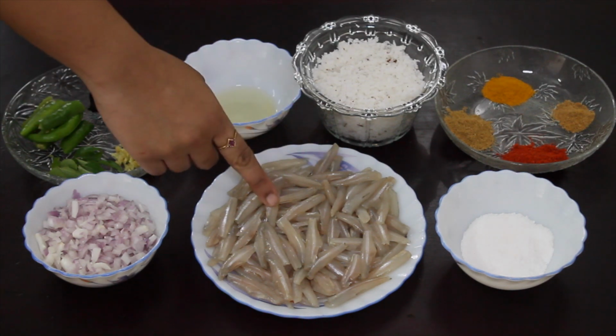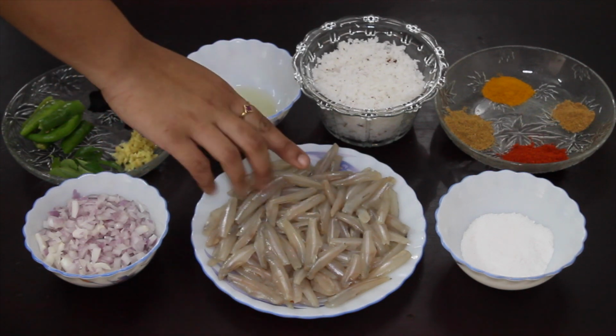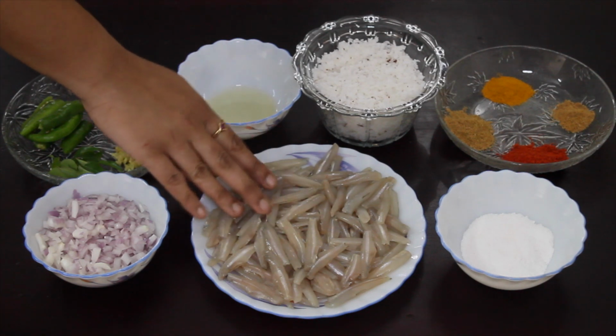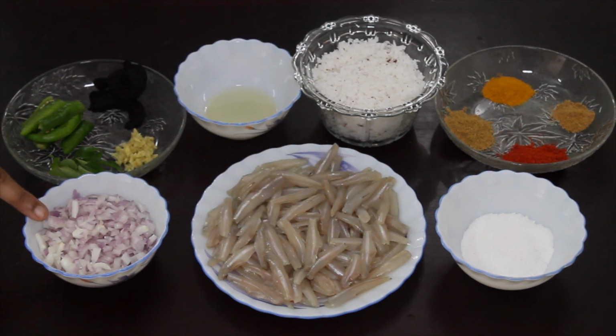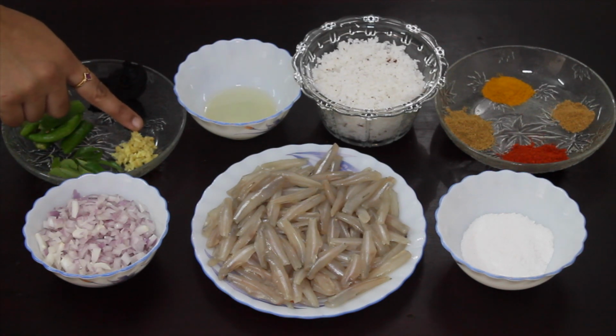We'll need quarter kilo of Kozhuva or Netholi or Podimeen. It's best to use small fish for this recipe. So I've cleaned and washed the fish. I've used one onion finely chopped. You can use a medium-sized onion, 3 to 4 green chillies slit, some curry leaves, 1-inch piece ginger finely chopped,